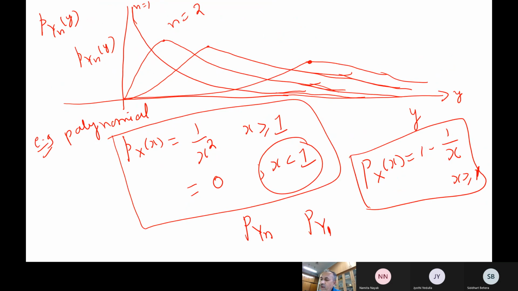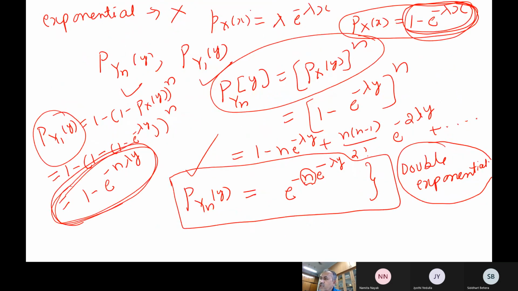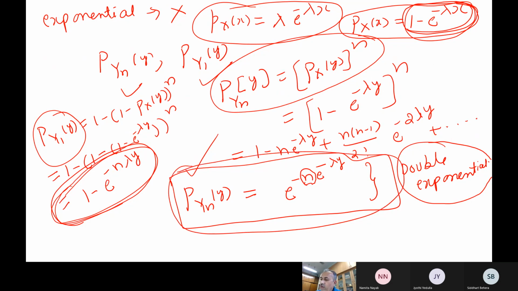Now suppose I have this type of distribution, an exponential distribution. This is my original data. This is what we have got as a double exponential. In this expression, if I put the limit n tends to infinity, where does it go when n becomes very, very large? Which one does it go to: type 1, type 2 or type 3?